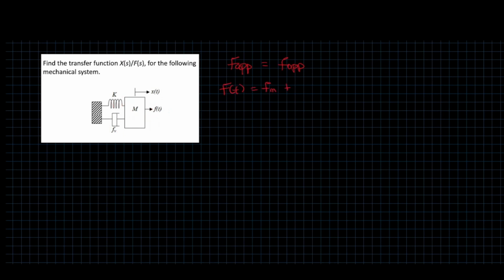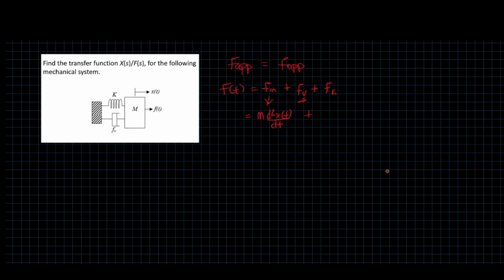the force of the mass plus the force of the damper plus the force of the spring. So for the mass, it's going to be mass times acceleration. In this case, acceleration is differentiating displacement twice. Plus,